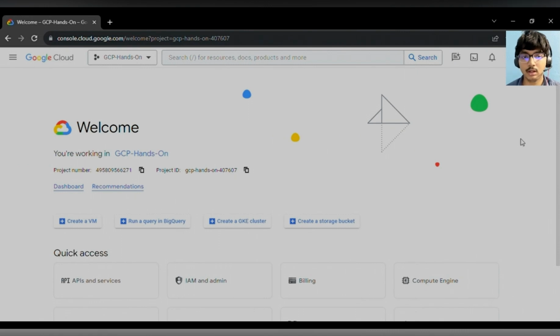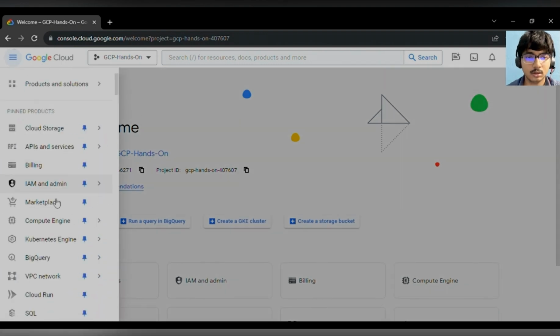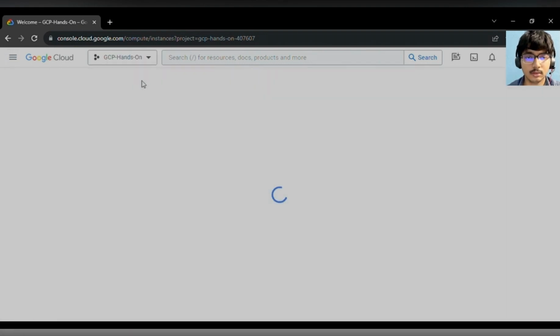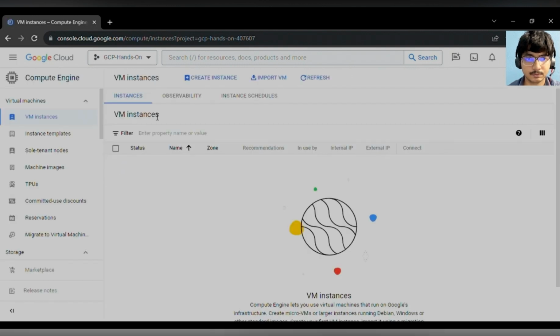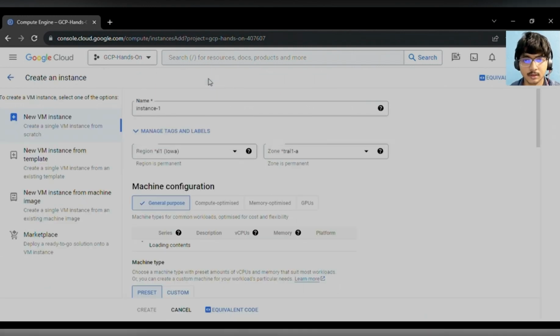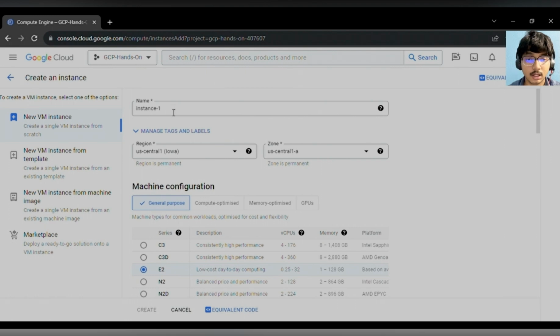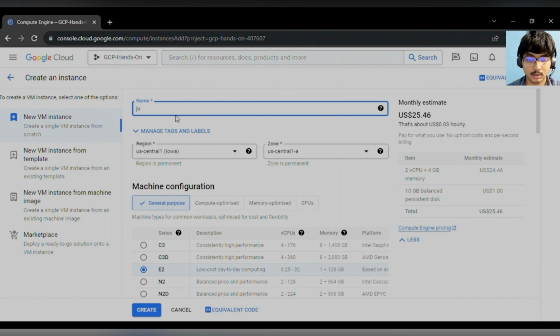So log into your GCP console and then click on this navigation menu, then go to Compute Engine and then VM instances. Okay, after that click on create instance. So we give a name, let's give it JU sense 1. Okay, now select a region, as I have discussed in the lectures what is a region and